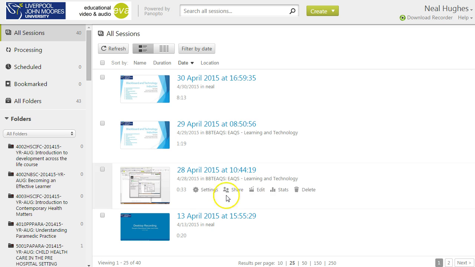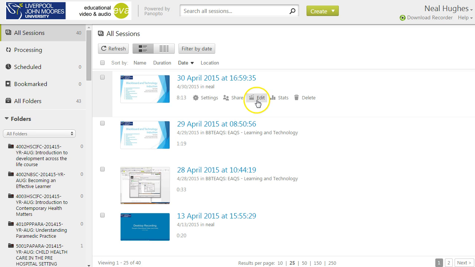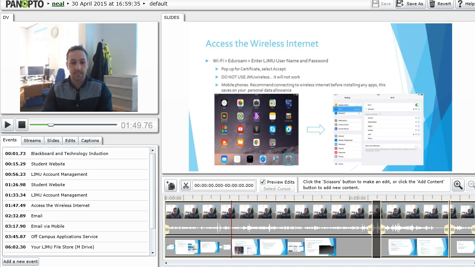edit mode. So if you're within the Panopto server and you can view all your sessions, you can select the session from the All Sessions page, or alternatively you can select a folder that you're linked to and you can click into that and then access the recording that way. You can simply click on the edit button and that will open the recording in edit mode in a new tab, or if you copy and paste the link into your browser, it will automatically open the recording into edit